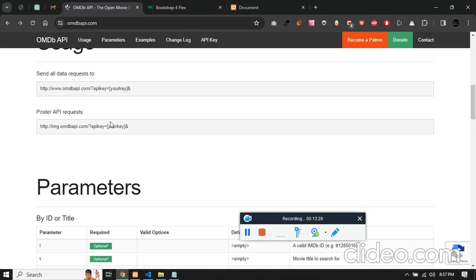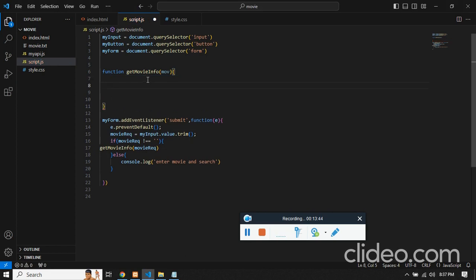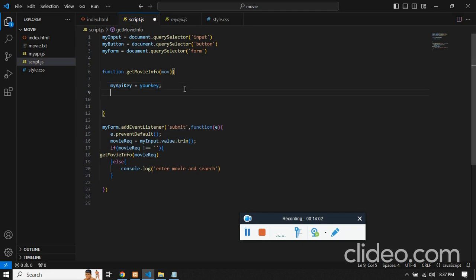Cool. Now what we need to do is we need to use the fetch API. So for the fetch API to work, here it says that you have to use this. We have poster request as well as the movie request. Don't worry, we'll use movie as of now. Now let us call our API name over here, and you can store it as my API key, and you need to pass this into a URL. So let's just create a URL,